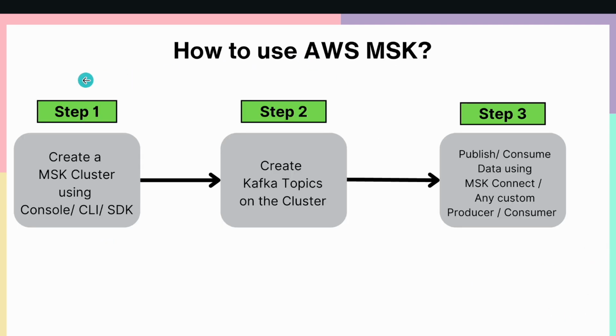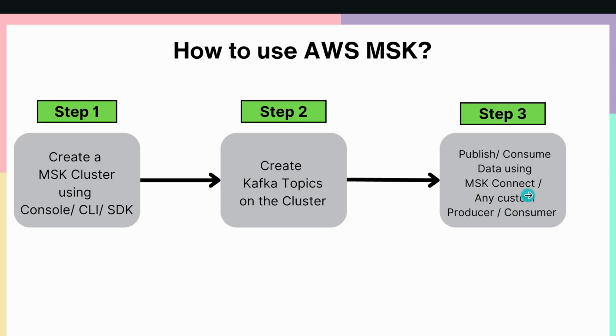Okay, so the next thing is how to use MSK. It's pretty simple. You just go to the AWS MSK service. You can create an AWS MSK cluster using the management console or CLI or SDK. Once you create an MSK cluster, you can create Kafka topics on that cluster. Once those Kafka topics are created, you can produce messages and consume the messages from those Kafka topics